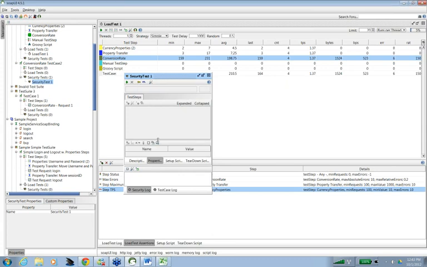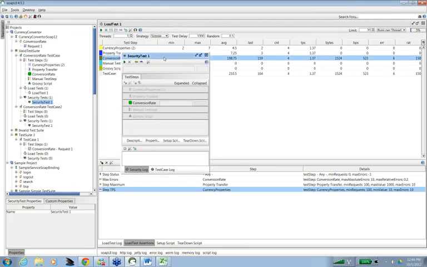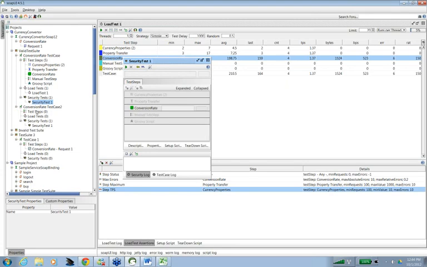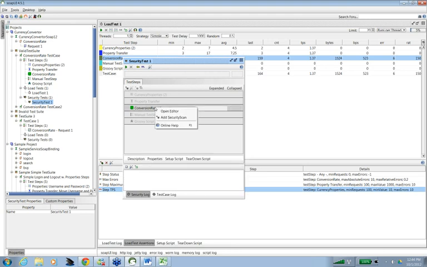Okay, properties. Here there were no test steps, so it was not giving any security scans. Okay, so these security tests will be run on this request only.